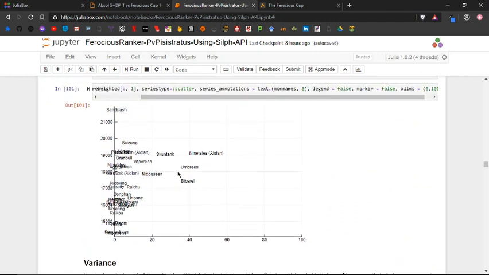Now this is an admittedly poorly formatted chart that maps the usage down here on the x-axis to the score, the weighted score that we get. And so Sandslash is number 1, and its usage is still 1%. Why is that? I don't think it's necessarily that people don't know that Sandslash is good. I think that this is definitely due to the fact that you have to get a Sandshrew from a Rocket Stop